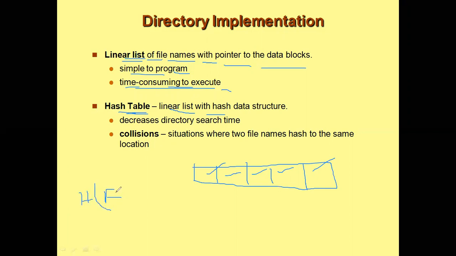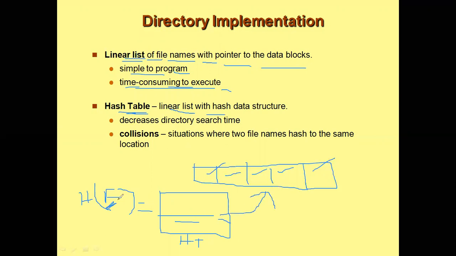So you know that each file is also identified by a unique number, right, which is recognized by the operating system. So consider this as a file name or a file number. So we perform a hash function on this. This will result in a number, right? So this will be stored in a table called a hash table. This is also a table, and this hash table will consist of pointers to this linear list.